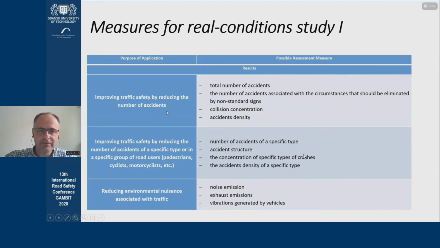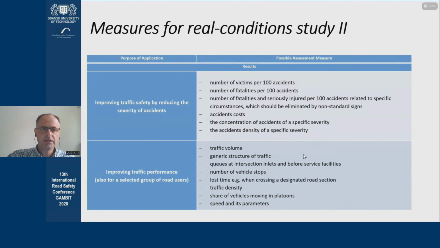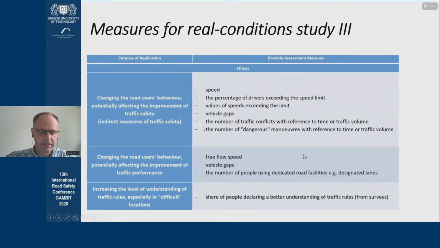Now, the purpose was to improve road safety. It can be improvement of road safety for a certain selected group of users. It can be the improvement of environmental conditions. The possible assessments can be either absolute numbers, or indirect, like, for instance, the change of speed. There can be other purposes of application of experimental signs, such as the change of behaviors of the road users,